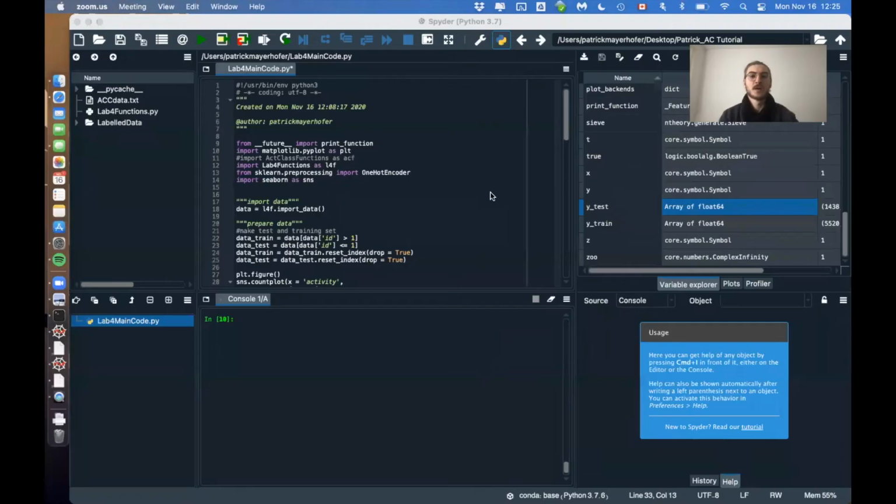Let me start by sharing a screen here. Let's first go over the things that I'm using in my working directory. First, obviously, I have the lab for functions. Then I still have the acceleration data txt, that's my data from collecting the classification experiment. When we do the walking, running, sitting, and standing, that obviously doesn't have to be here anymore, but it's